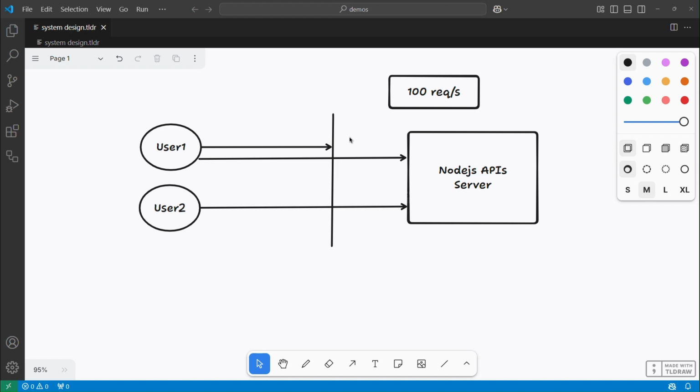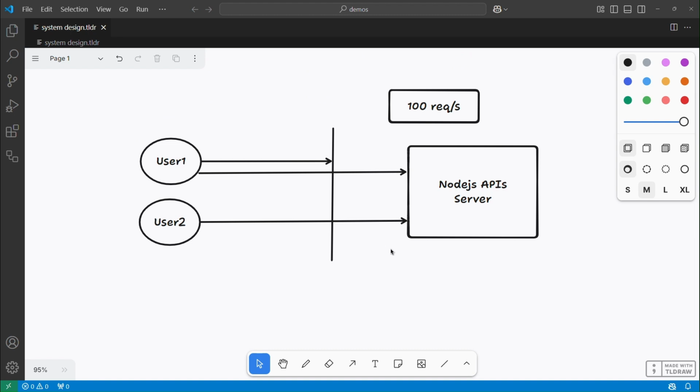And not only misuse, there are other cases. If you have a number of users, sometimes the number of genuine users may increase at a certain point in time. Huge traffic may come. I mean, not only one user is making calls, right? It may be possible that right now you have 2 users, and it may be 10,000 users making calls to your server. So in that case also, if 100 requests per second is the capacity of your Node.js server, and you have 1,000 or 10,000 concurrent users per second,